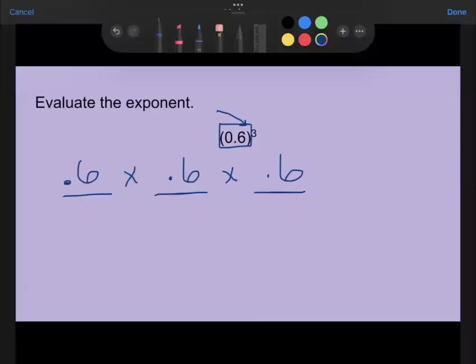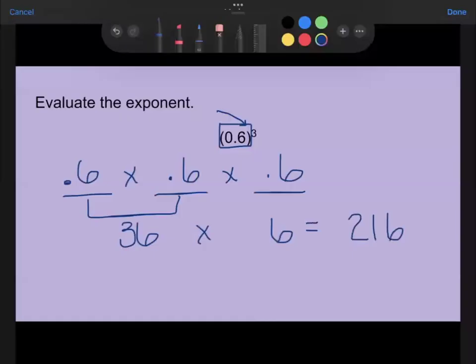When I'm multiplying decimals, the method I use is usually to ignore the decimals, multiply the numbers, and then place the decimals. So that's what I'm going to show you for this video. But if you're more comfortable with doing 0.6 times 0.6 first, getting that answer, and then multiplying it by the other 0.6, that is totally fine. So like I said, I'm going to ignore these decimals. I'm going to multiply 6 times 6 times 6. Well, 6 times 6 is 36. And then if I multiply it by this other 6, I end up getting